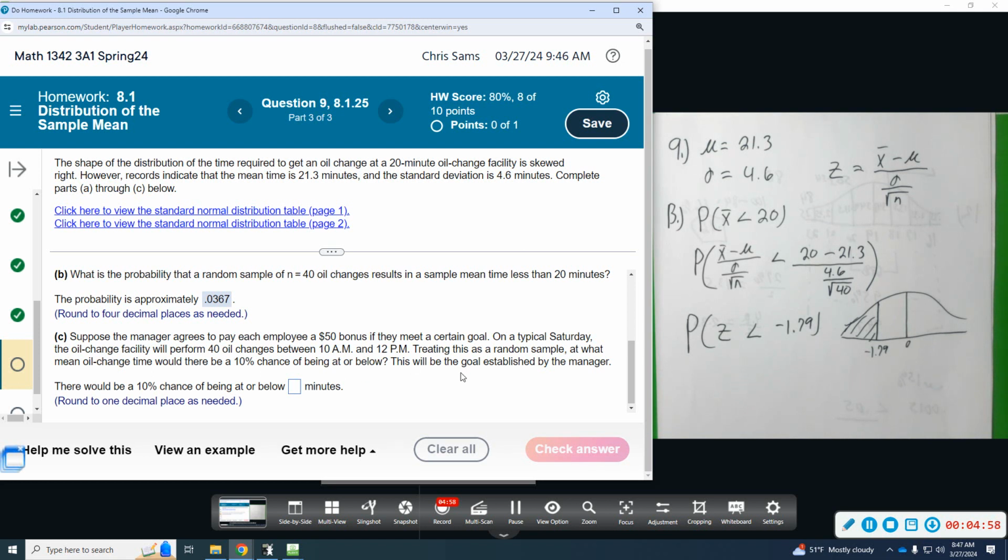So this will be the goal established by the manager. So we want to be at or below being able to do 40 oil changes. If there's a 10% chance,